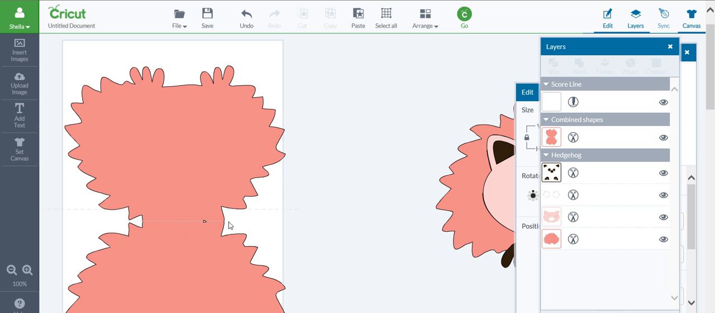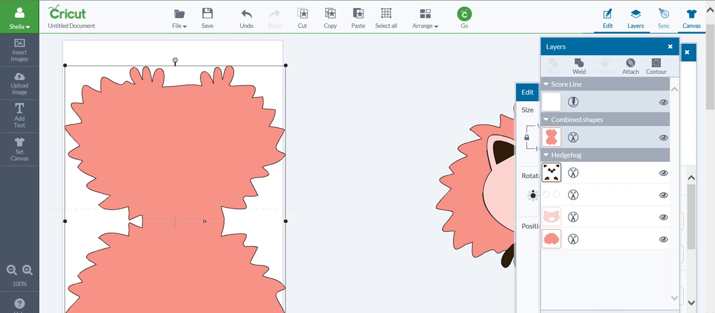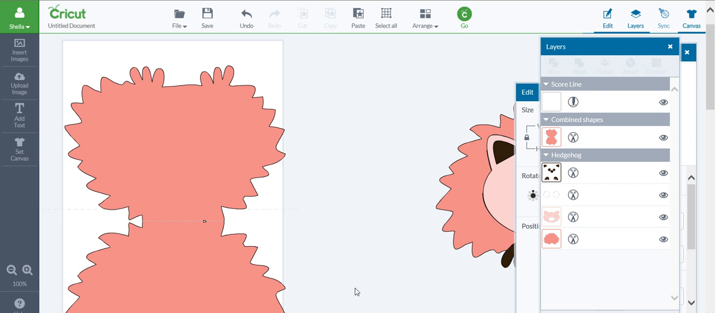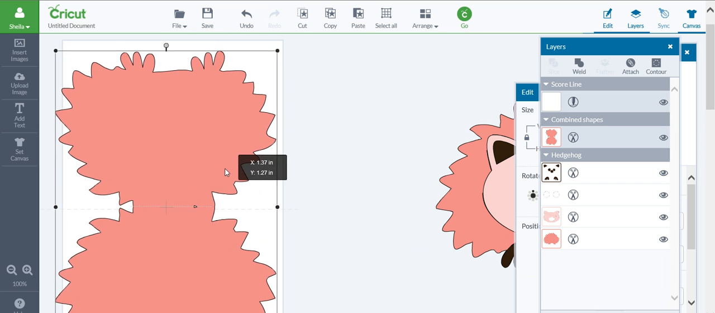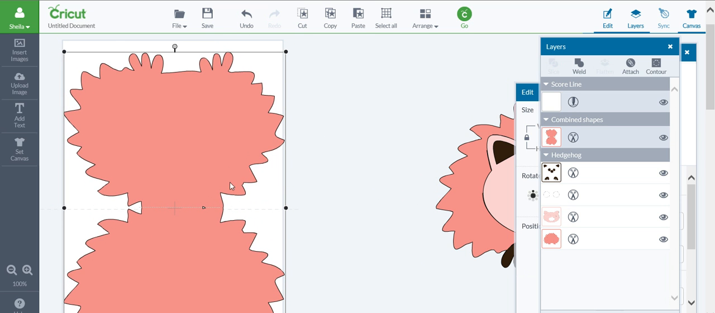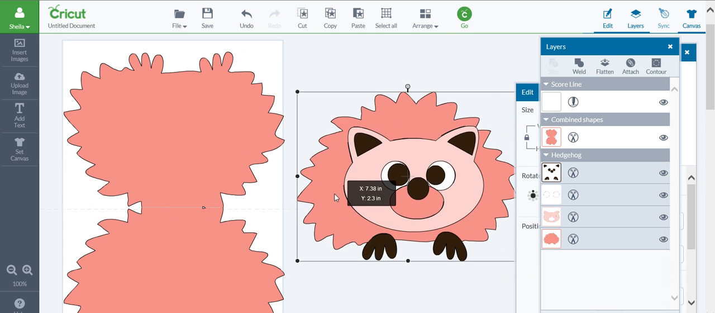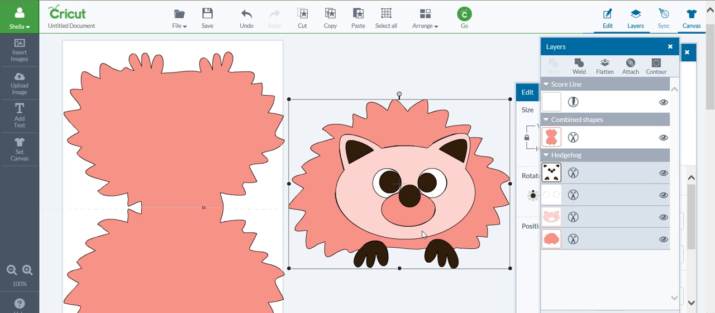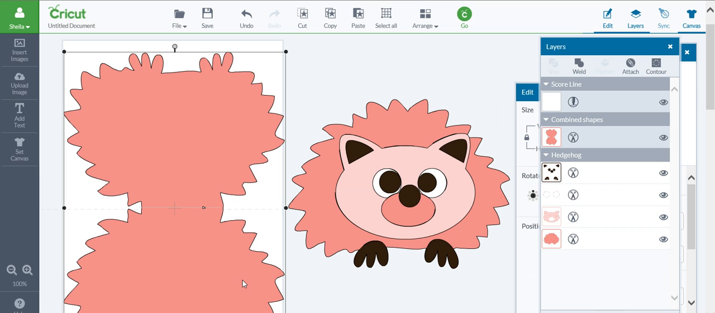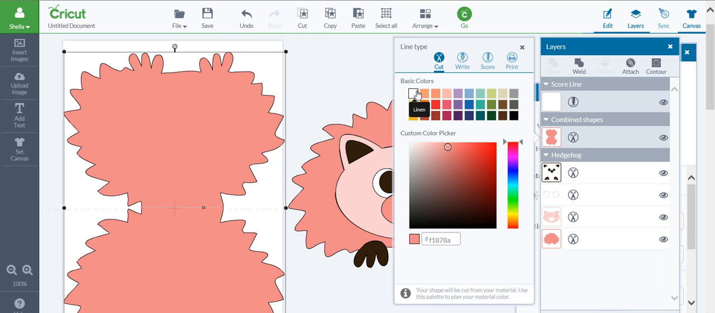Now what you have to do with the score line though is group it together. So I'm going to hold both of them again and group them. Now as you can see, my score line goes wherever I move it because I grouped them together. Now this we're going to leave because that is our little guy that we're going to put together. I'm going to change the color of this because I'm just going to use a white paper background. So I will take this part here, turn it white,